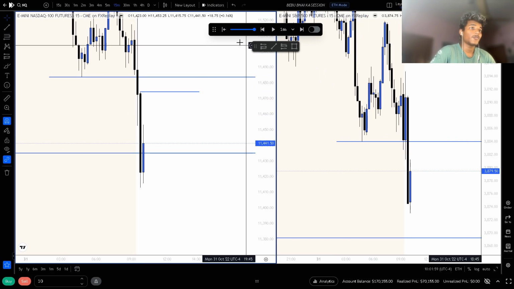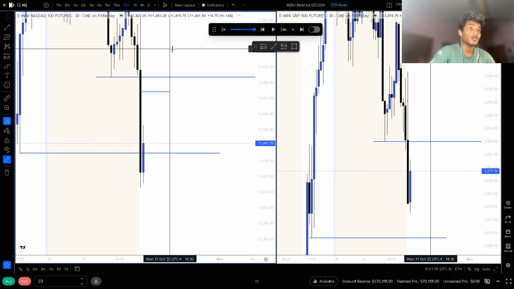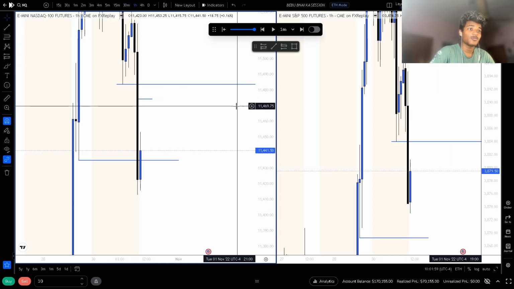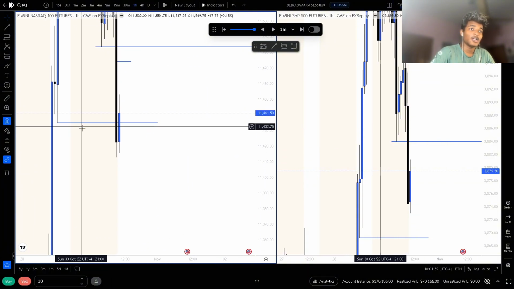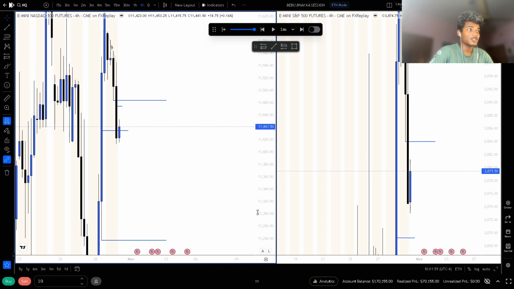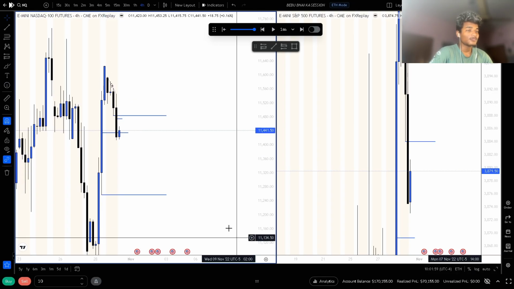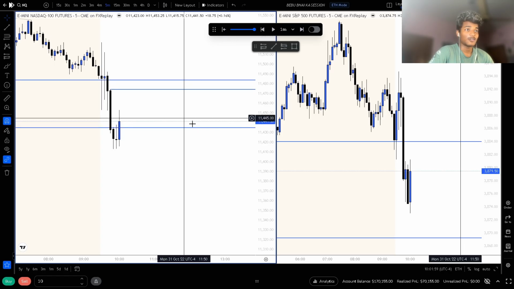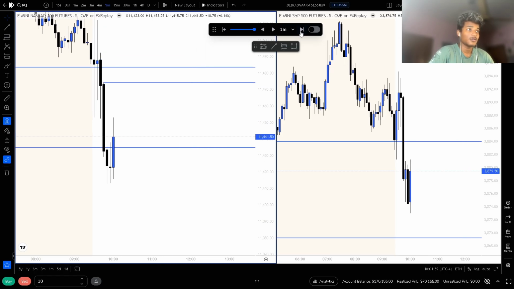So 15-minute, 30-minute as well, and it is at 10 a.m. open, so we are bullish. We are inside this bullish gap. We are also inside this bullish gap. So ideally the market may do anything now. I will just react off what the market wants to give to me.